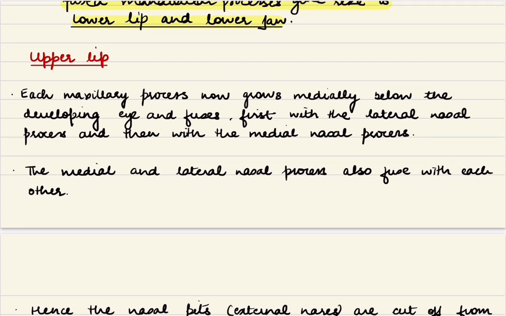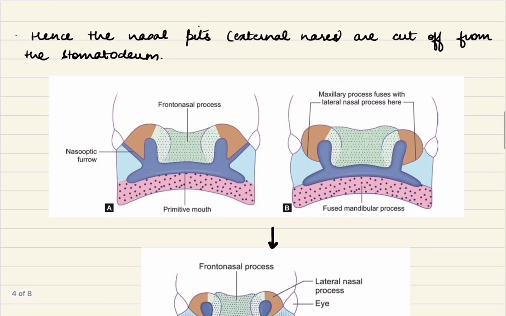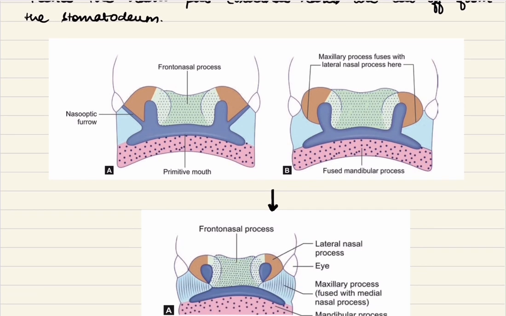Now the formation of the upper lip is more complex than that of the lower lip. We'll see how with this diagram. Now first what happens is that the maxillary processes start their growth medially, and with their growth they first fuse with the lateral nasal process, and with time they also fuse with the medial nasal process,